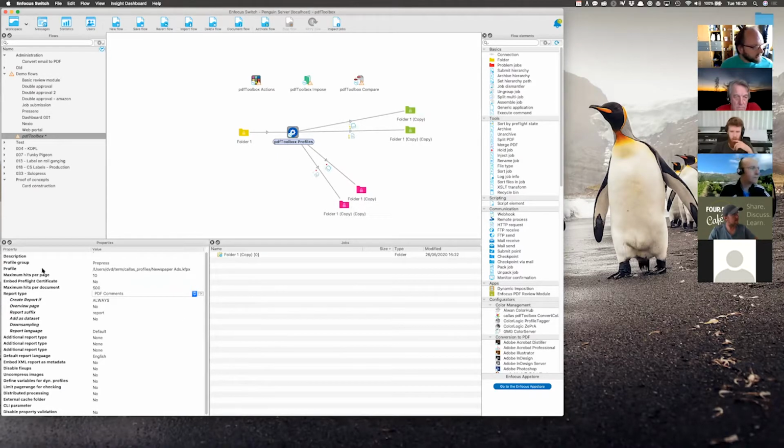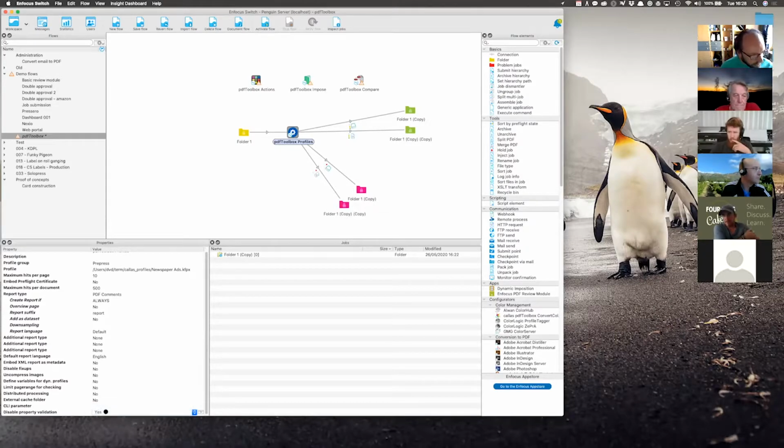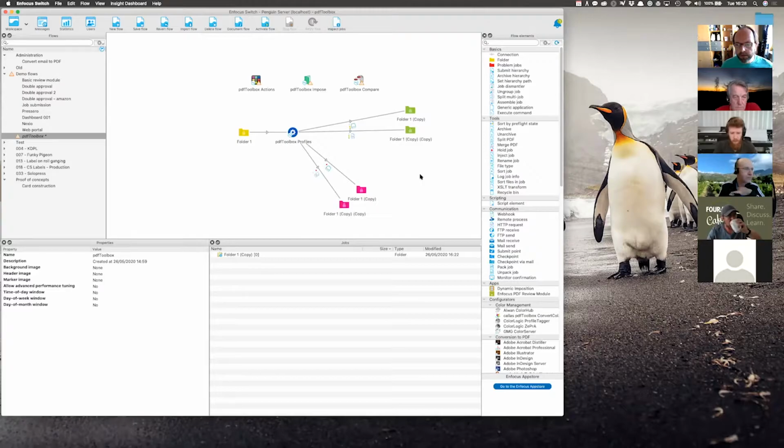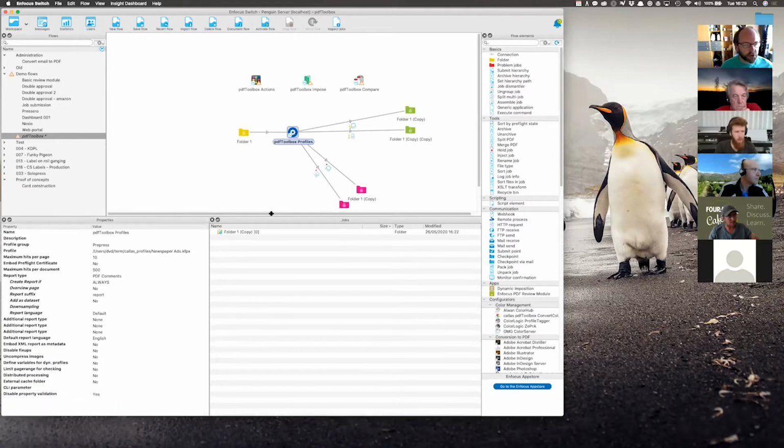Now, while I'm saying that there are lots of properties in here, these properties are normally validated. And when you have a complex workflow with lots of different elements in there, it actually sometimes has its merits to switch off property validation if you think you know what you're doing, because that will save you some time on activating the workflow and so on. A word to the wise: if you switch off property validation, it means that properties are no longer validated. So if you make a stupid mistake, then that might show up as a